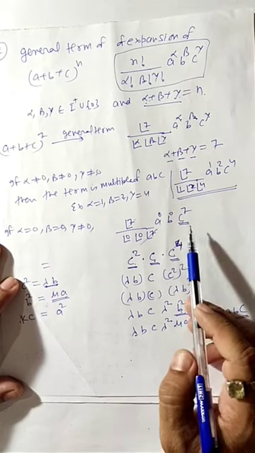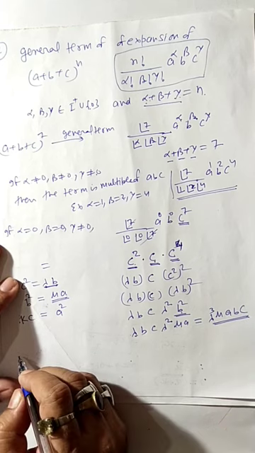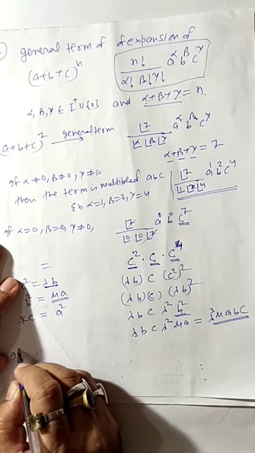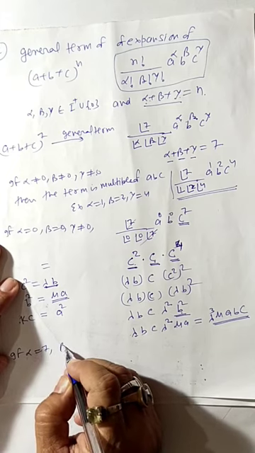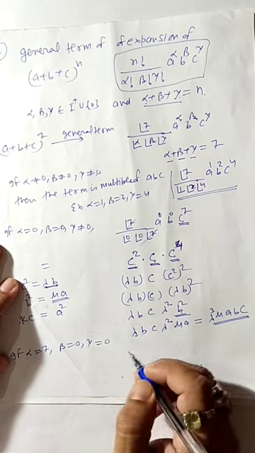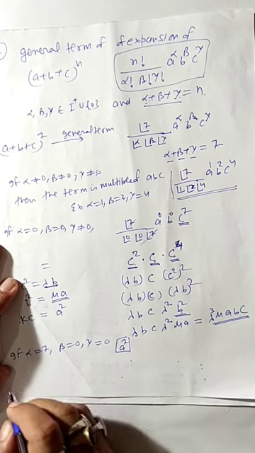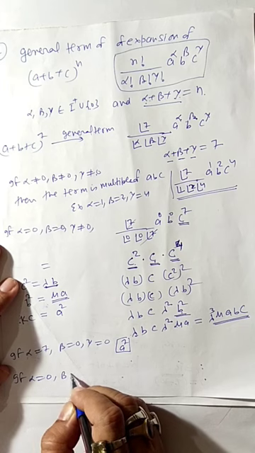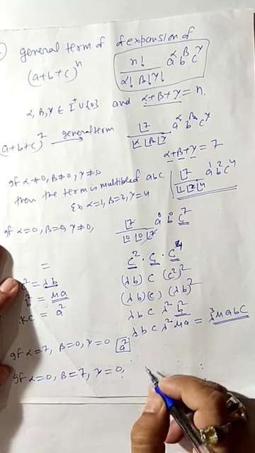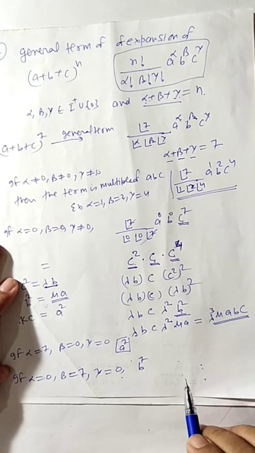So we just showed that c^7 is divisible by abc. In the similar way we can solve if alpha equals 7 and beta equals 0 and gamma equals 0. Your term will be a^7. This also can be solved in the same manner. If alpha is 0, beta equals 7 and gamma is 0, this term is b^7. This also can be solved in a similar way.